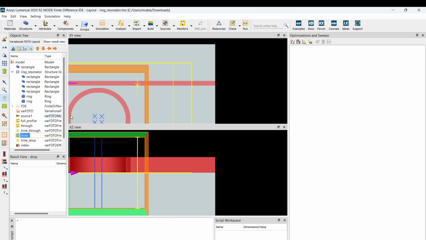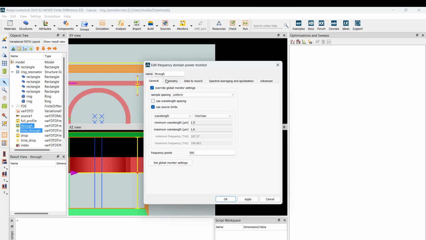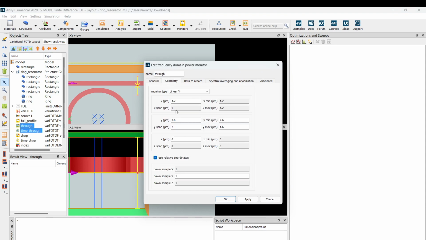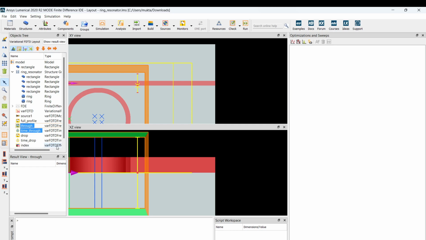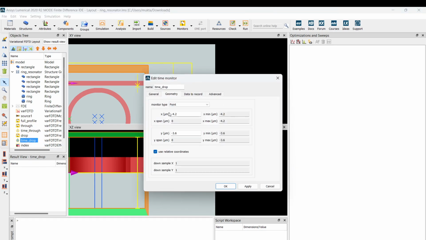Okay, for some reason this did not move.